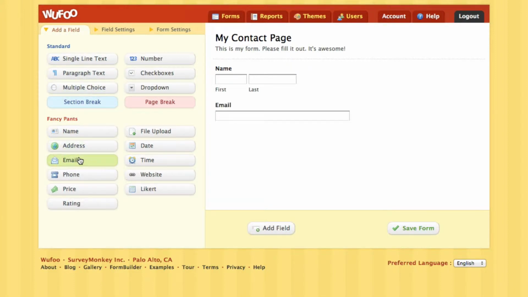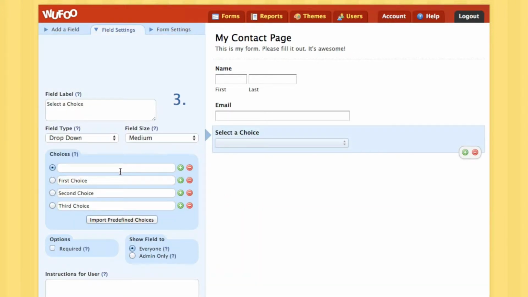And then right away, we're going to start building some of our form rules. Now, we're not going to actually create the rules yet. We're just going to put in the different areas that people will eventually see. So the first thing that we're going to click on is drop down. Select a choice is not what we want to say. We're going to say,